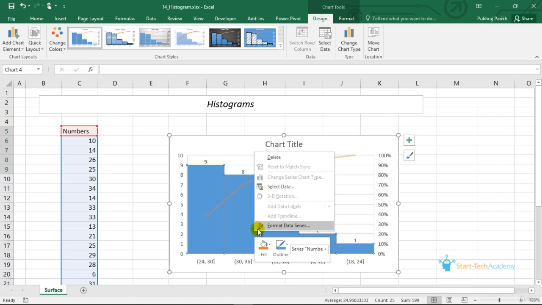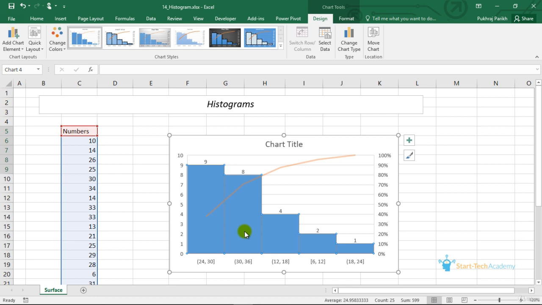So for example, if you would like to find out those important 2 or 3 categories which are contributing 80% of the total, you can do that using a Pareto analysis. So this is how we create frequency distributions and histograms. The good thing about using Excel is you do not need to create a frequency distribution table to create a histogram. I told you how to do that so that you understand the concept behind a histogram. That's all for this video.